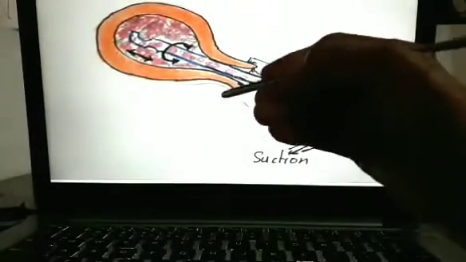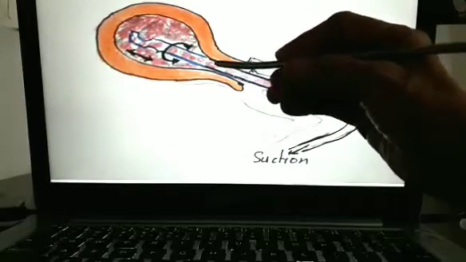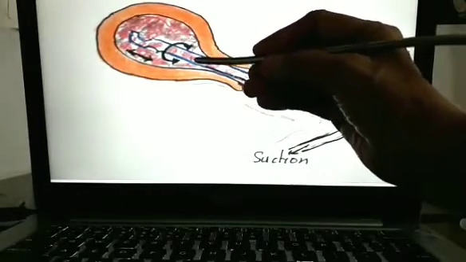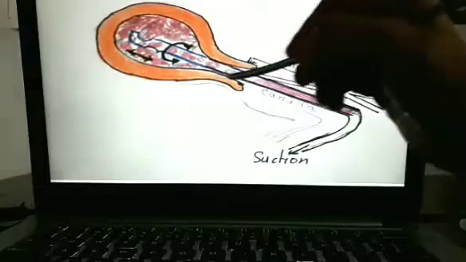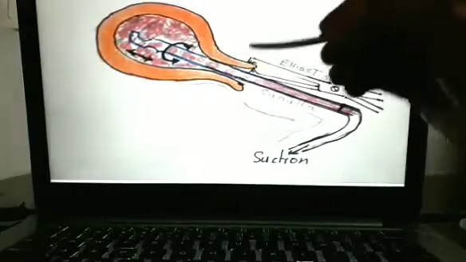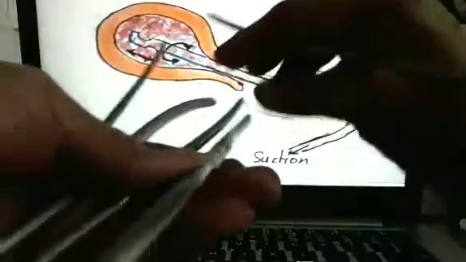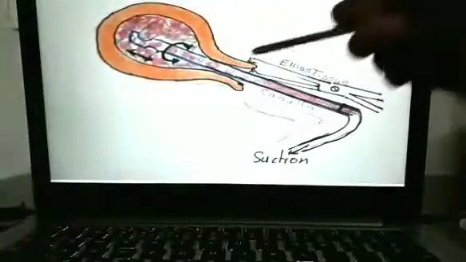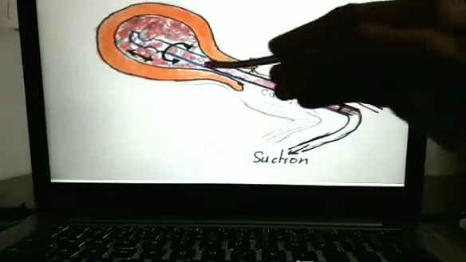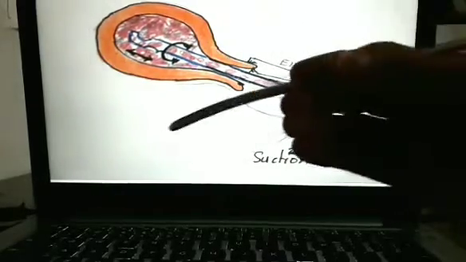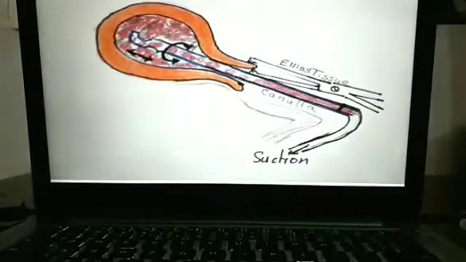Hold the dilator in a pen-like fashion and put the dilator only just beyond the internal os. Don't overcross the dilator. So the cervix is dilated serially with the serial dilators. Different sizes of dilators are used one after the other. First I'll put this end, then I can put the other end. So there are different diameters at the different ends.